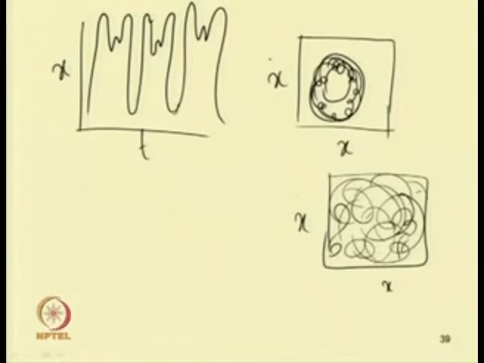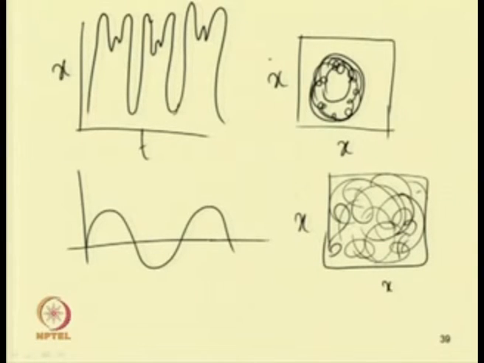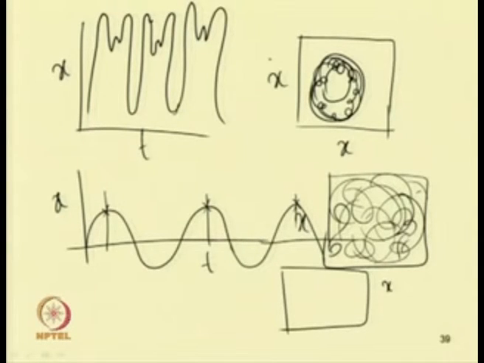For example, in this case let us take a sine curve. This is x versus t, and the velocity will be a cosine curve. If we take this point at the starting point, then after time T the same point can be observed, and similarly after one more period. If one plots the Poincare section of this, one has to sample this. So this is x versus x dot.